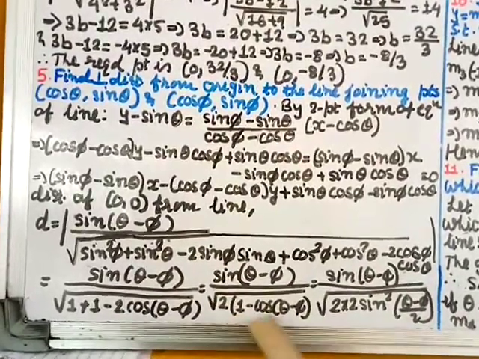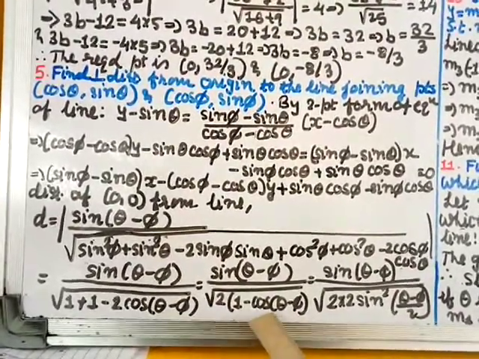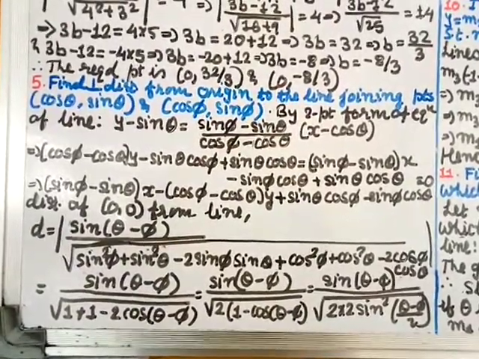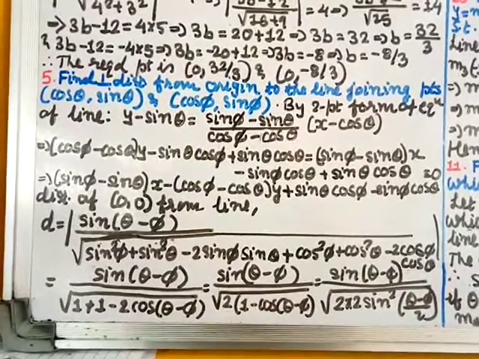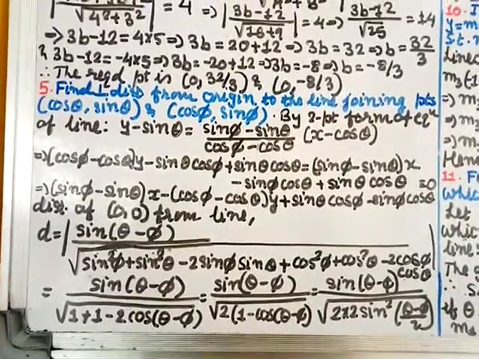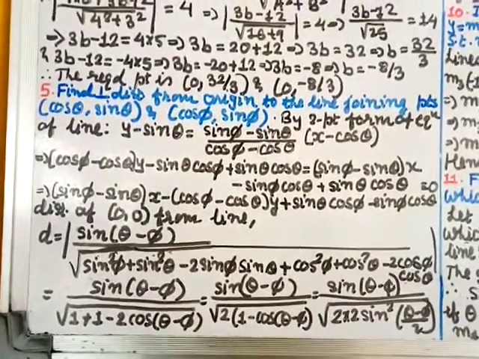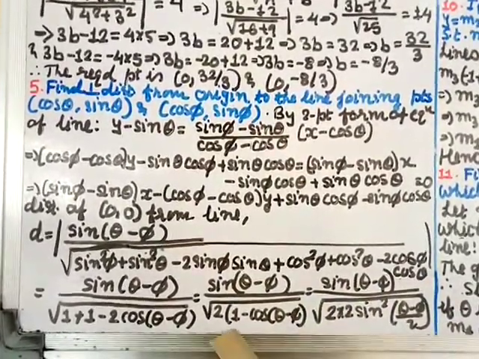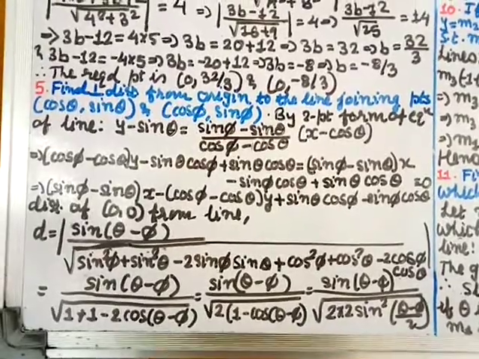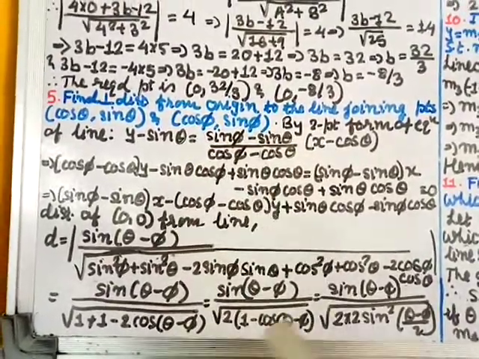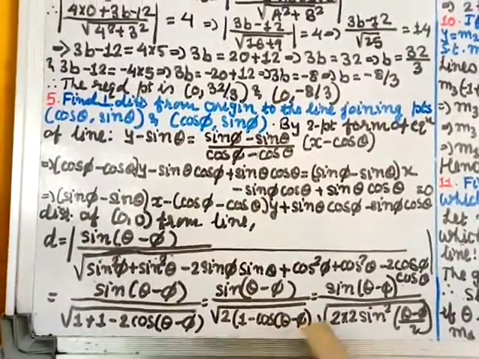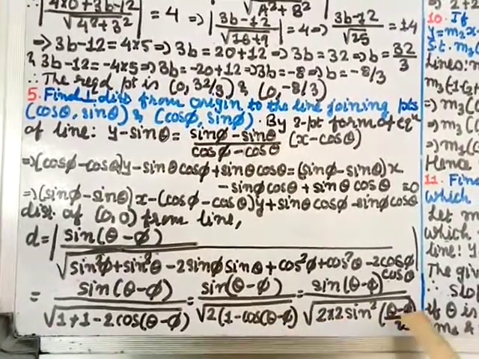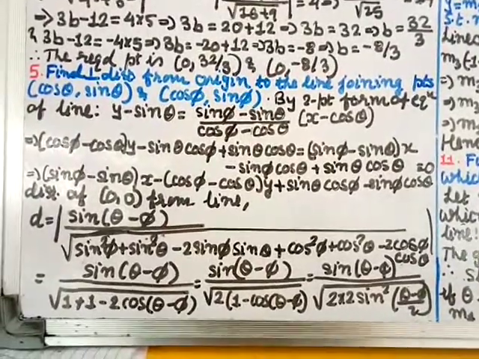Now here, again I am using the formula: 1 minus cos x is equal to 2 sin square x by 2. Numerator as it is, divided by the square root of these as they are, and the bracket value, the answer is 2 sin square x by 2. That is the formula I am using. So here instead of x, for theta minus phi, you will write 2 into sin square (theta minus phi) by 2. I am using the result of trigonometry.